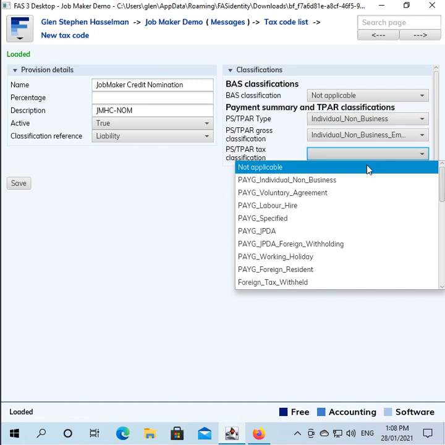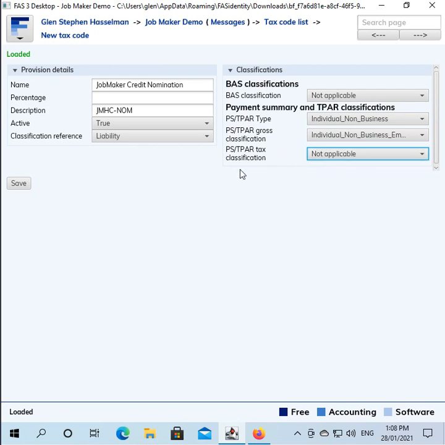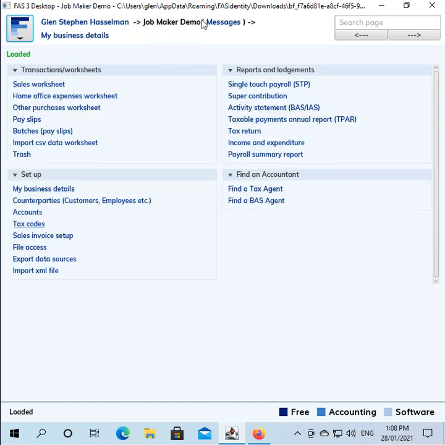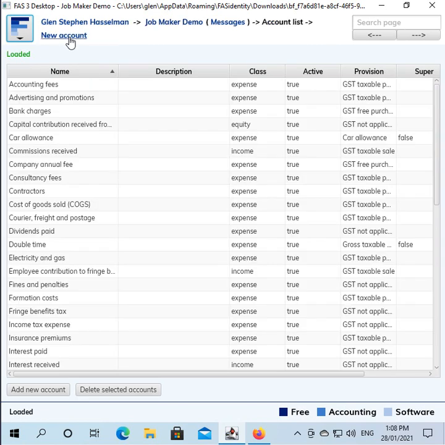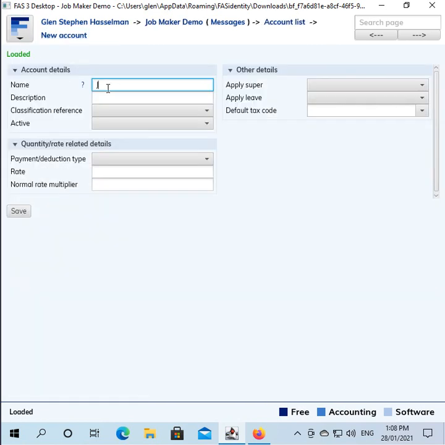Classification for the tax amount or tax component of this is 0, not applicable. So okay, saving that tax code. Then we also need to create an account to pick up or link to this tax code. So going into the accounts and new account, job maker hiring credit nomination,